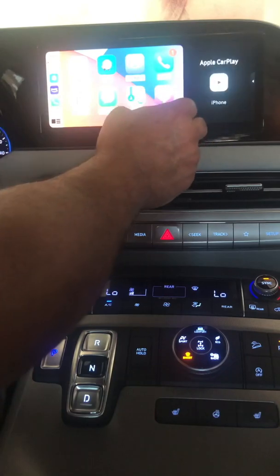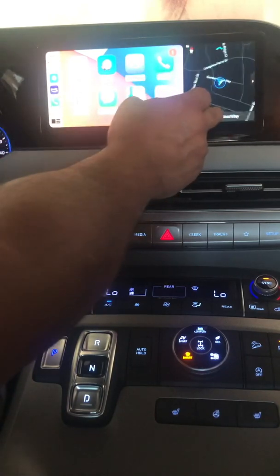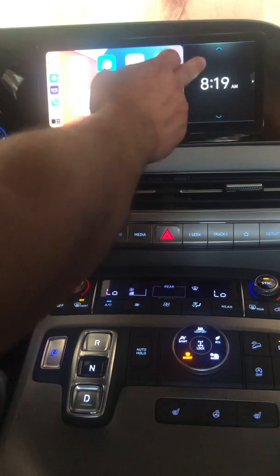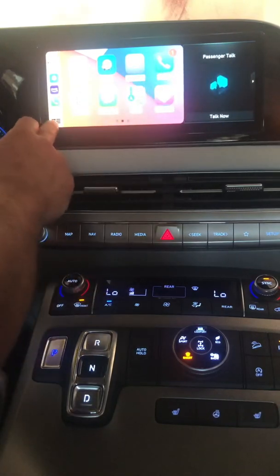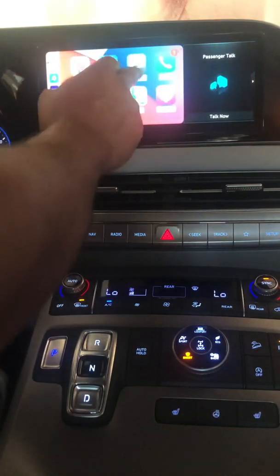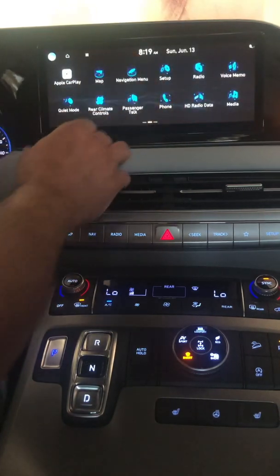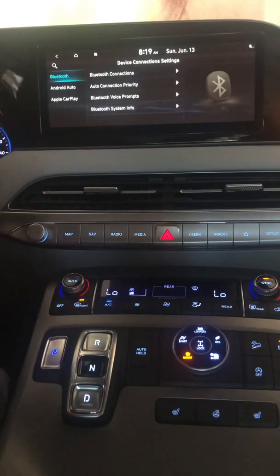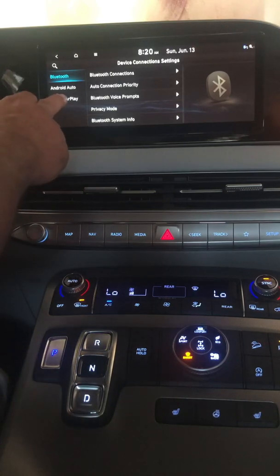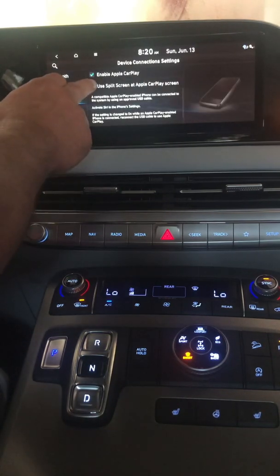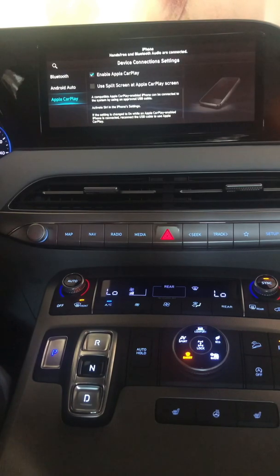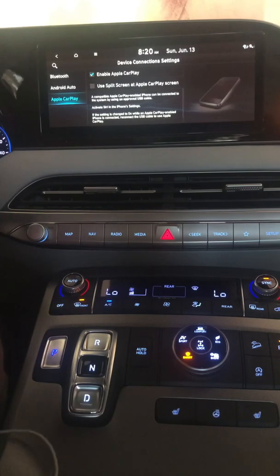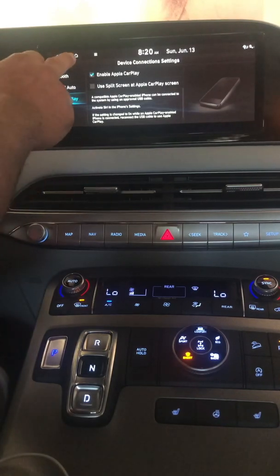The other thing is I really don't like the fact that this portion over here takes up so much of my screen. So one of the things that I found is that in Setup, if we go to Setup and then Device Connections, it's going to tell me to unplug my phone, so I'm going to go ahead and do that. And then we go to Apple CarPlay. If you deselect the option to use split screen for the Apple CarPlay screen, then what you're going to find is that when I plug my phone back in and we go back to Apple CarPlay,